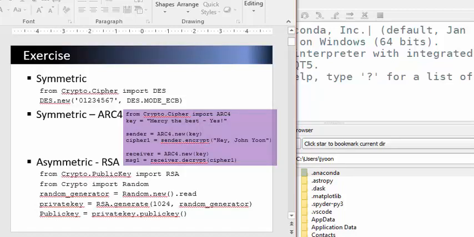With symmetric, the same key can be shared to encrypt and also to decrypt. On the other hand, asymmetric encryption uses both public and private keys, and one key is used to encrypt, then the other key can decrypt it, and vice versa,